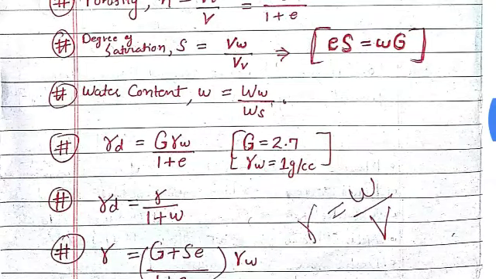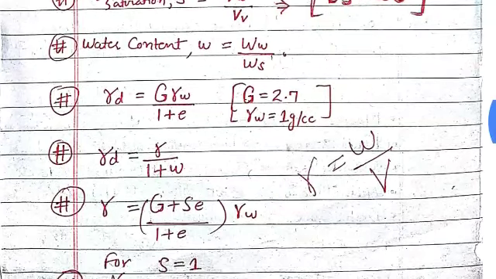Next one, dry unit weight, that is gamma d, that is equal to G gamma w upon 1 plus e, where G equal to 2.7. Mainly G is assumed as 2.7 for calculation, and gamma w is equal to 1 gram per cc, and dry unit weight is also equal to unit weight upon 1 plus moisture content,